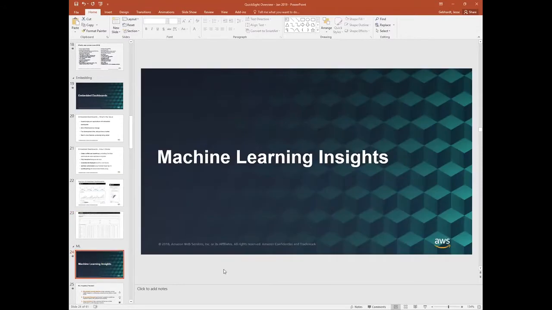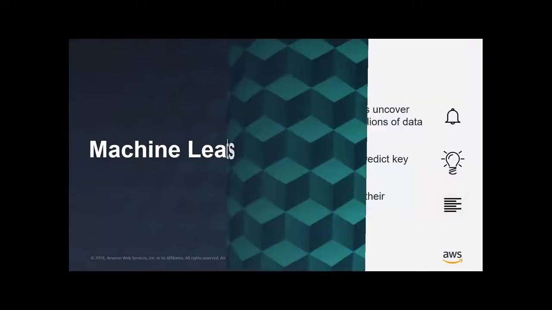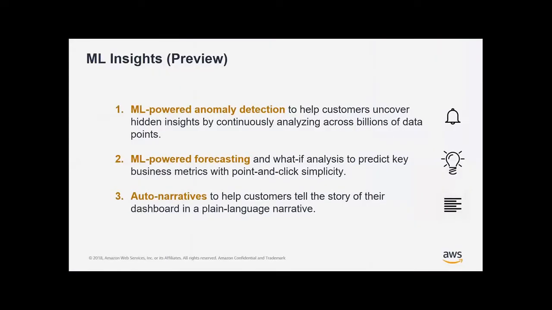And then lastly, we'll touch real quick on the machine learning, and then we'll jump to the demo. So the ML Insights, again, that we have in preview now, that'll be at the end of the month. The three major components: anomaly detection. So that's where I could just hook QuickSight up to a data set, say that I want you to monitor these set of metrics across these set of dimensions, and just notify me if you find an anomaly in the